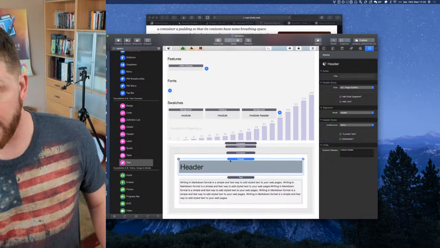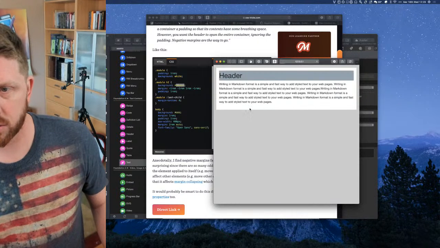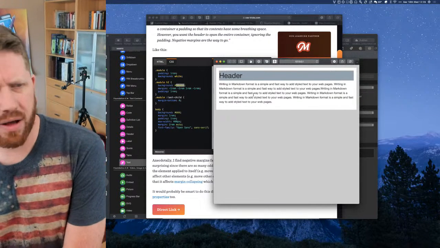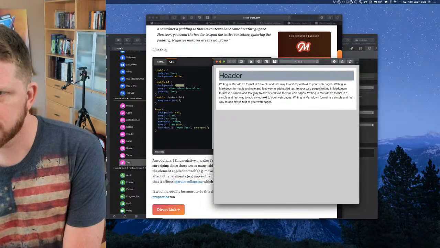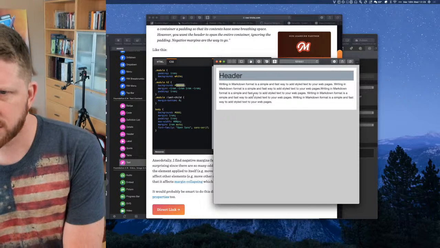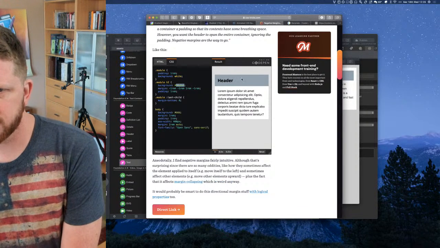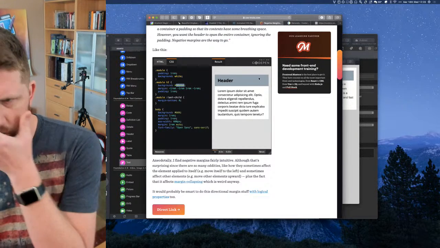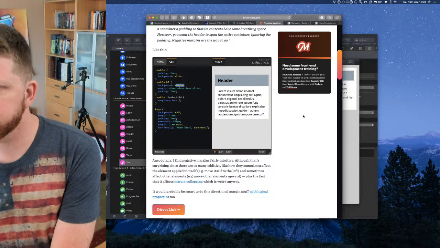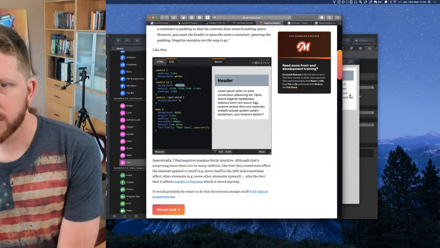Let's preview this. Now, I know what's going to happen, but let's see if you guys are aware of what's going to happen. Well, that wasn't really what we wanted, right? That's not the example that we saw here. Here, the header is kind of above. What the heck's going on? Okay, so